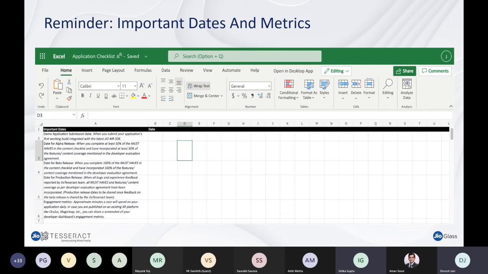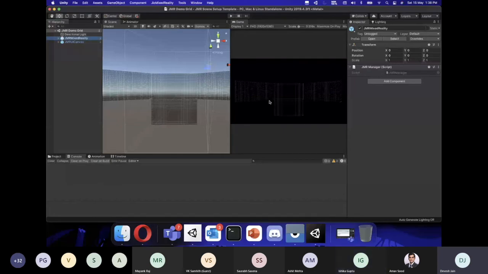Yeah. Also, just one quick last thing. I was actually trying to open my Unity to show you the sample scene. It wasn't really working at that point of time. I finally got it to work. So, going back quickly, this is what I was referring to when I was talking about the whole demo grid that you see.